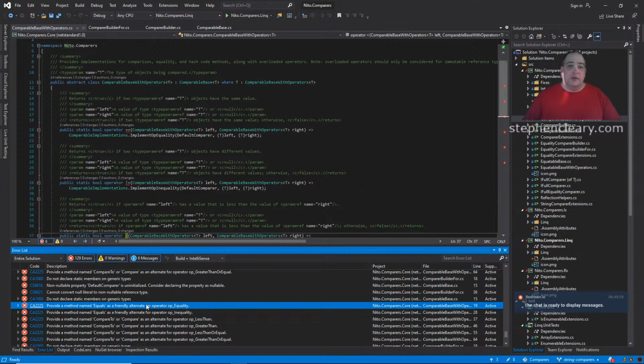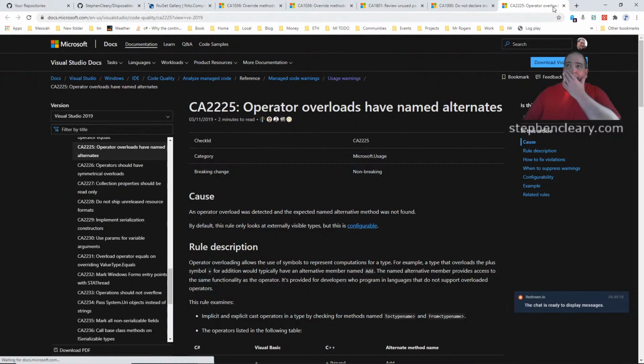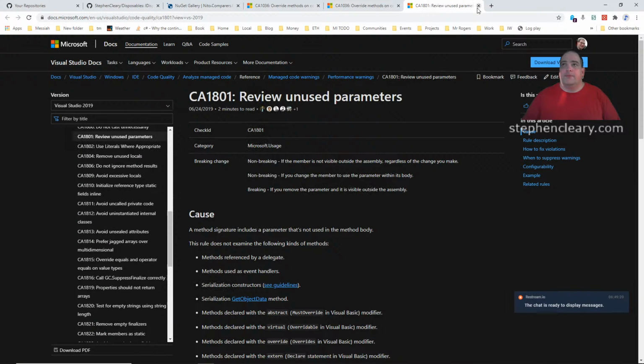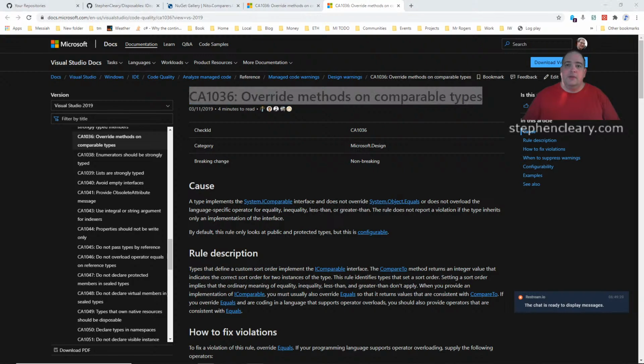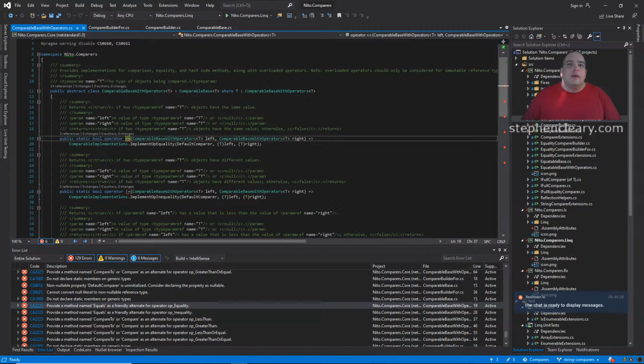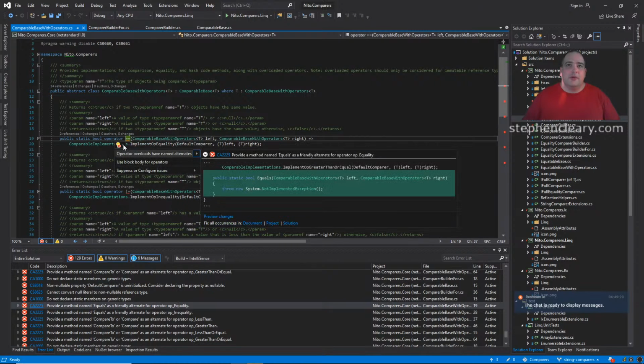But that is a good one in general, so what I'm going to actually do for this one is, wrong button, is we are going to ignore this one in the source, but I'm going to put it over this whole